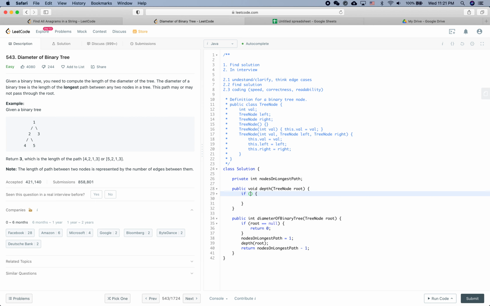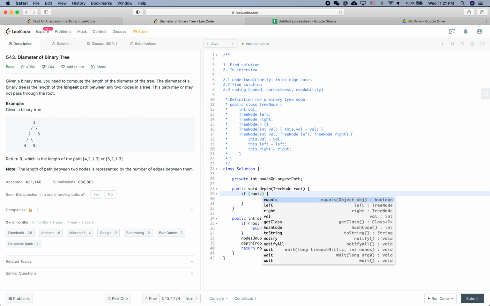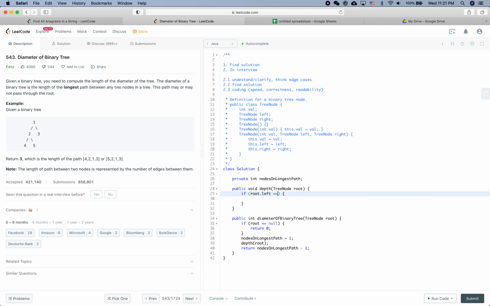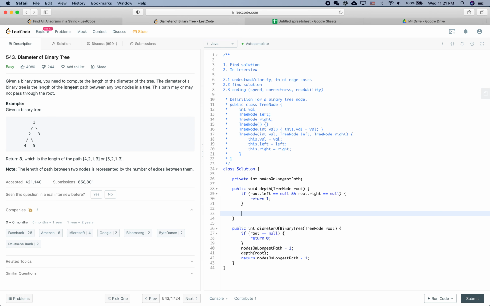So the exit of it is: if root.left is equal to none and root.right is equal to none, then you definitely need to return a 1. So nodes on the longest path is just 1. Otherwise we will say, okay, dfs depths,